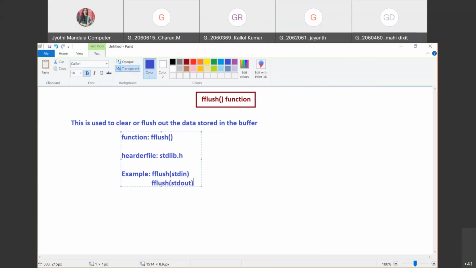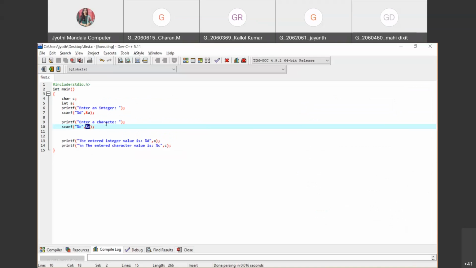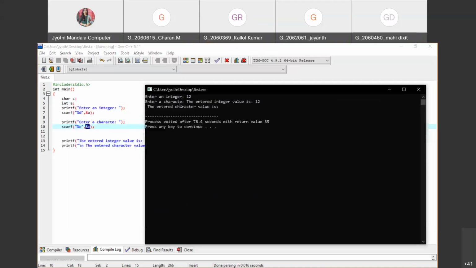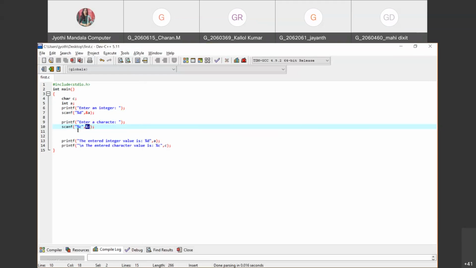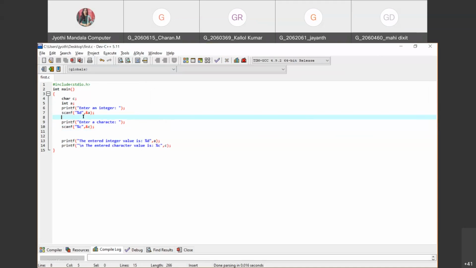Now let us go back to our program. How can we solve our problem? We have encountered this problem of not accepting any character, right? To solve this problem, after reading the integer value, because we are clicking the enter button and that enter is stored in the buffer, we want to clear the contents in that buffer.